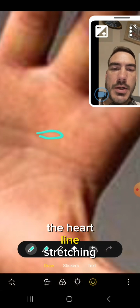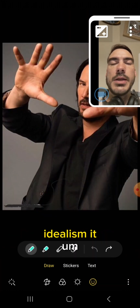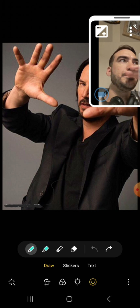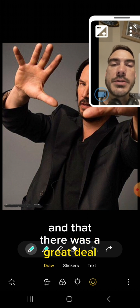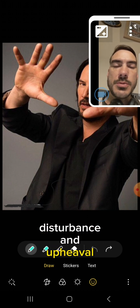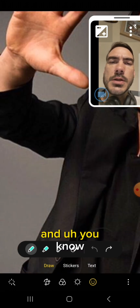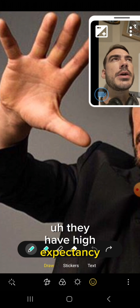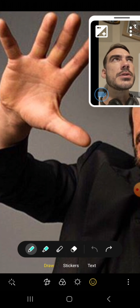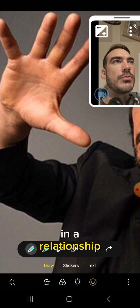and you can see the heart line stretching out onto Jupiter, and this shows idealism. It shows us this person isn't actually selfish at all, and that there was a great deal of emotional disturbance and upheaval early on in this person's life. And the heart line reaching up onto Jupiter like this shows us they have high expectancy of others, in terms of what they expect,